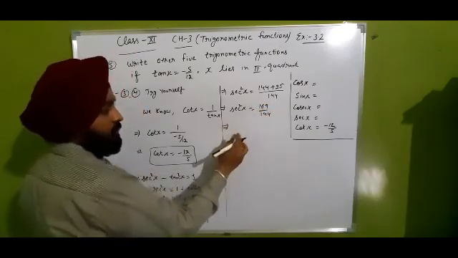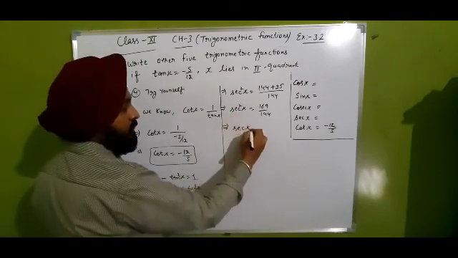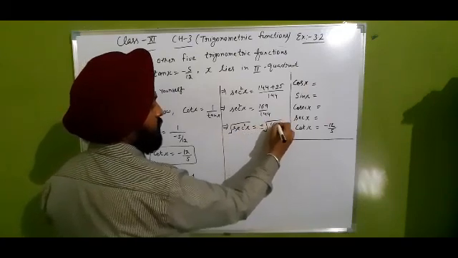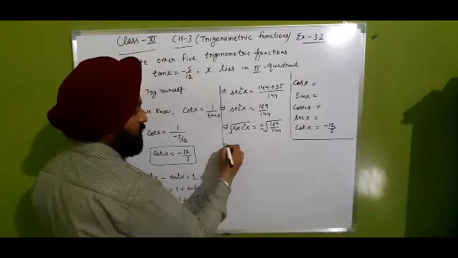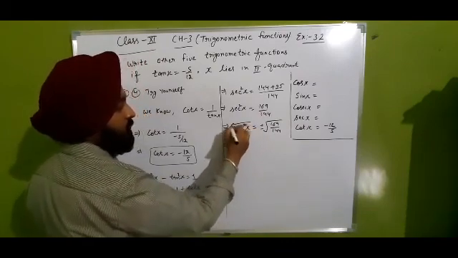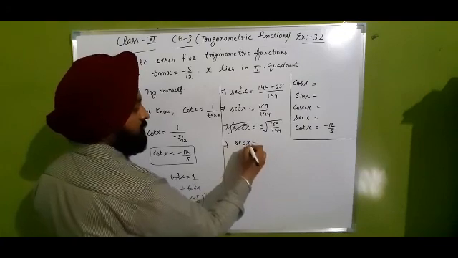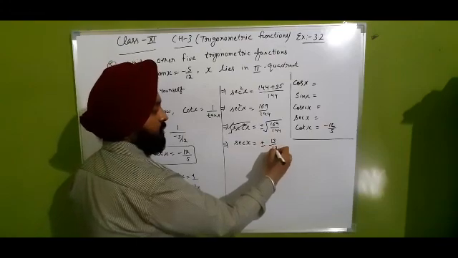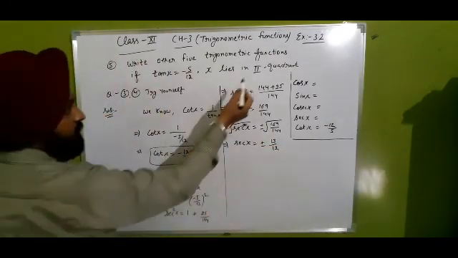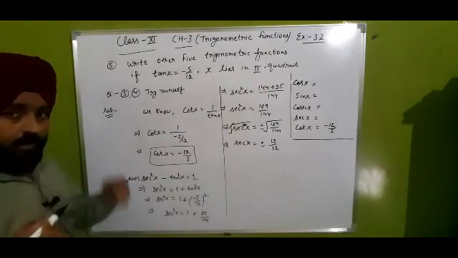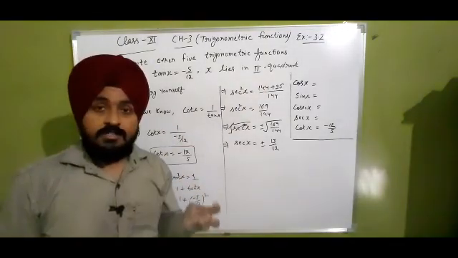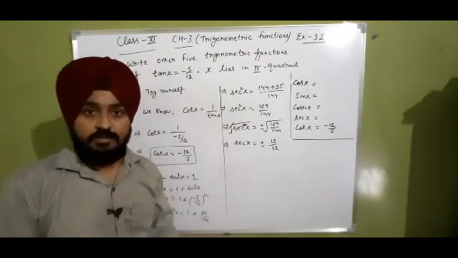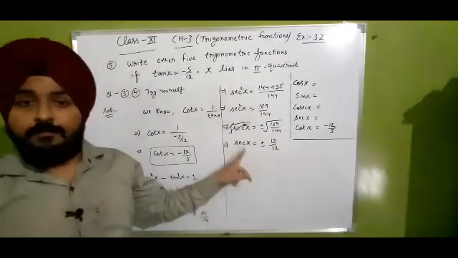Take the square root on both sides to find the secant x value. So square root of secant square x is equal to plus minus square root of 169 upon 144. This square will be cancelled with the root. So only secant x will be there on the left hand side. Secant x is equal to plus minus 13 upon 12 there. Now check in the second quadrant, is secant x positive or negative? In the second quadrant, sine and its reciprocal cosecant, only these two functions are positive there, but secant will be negative there.